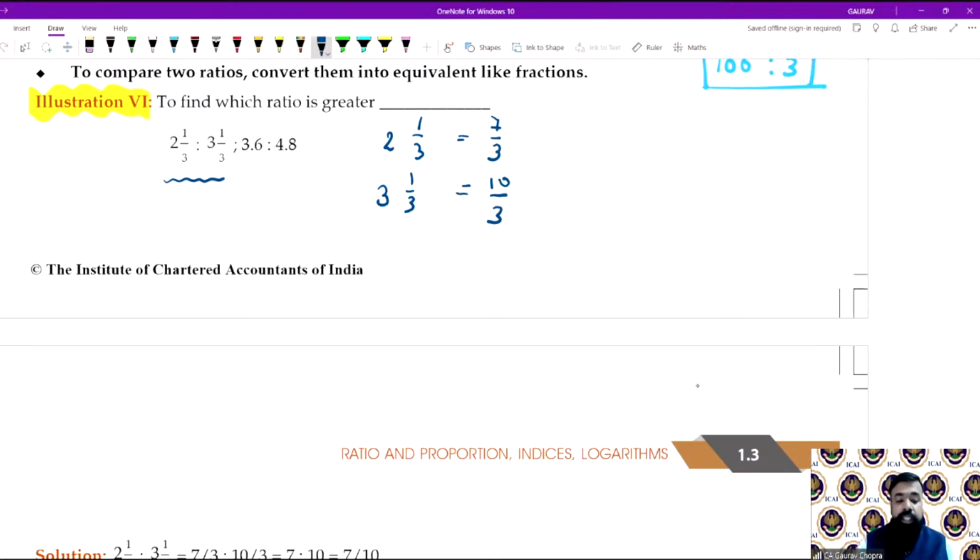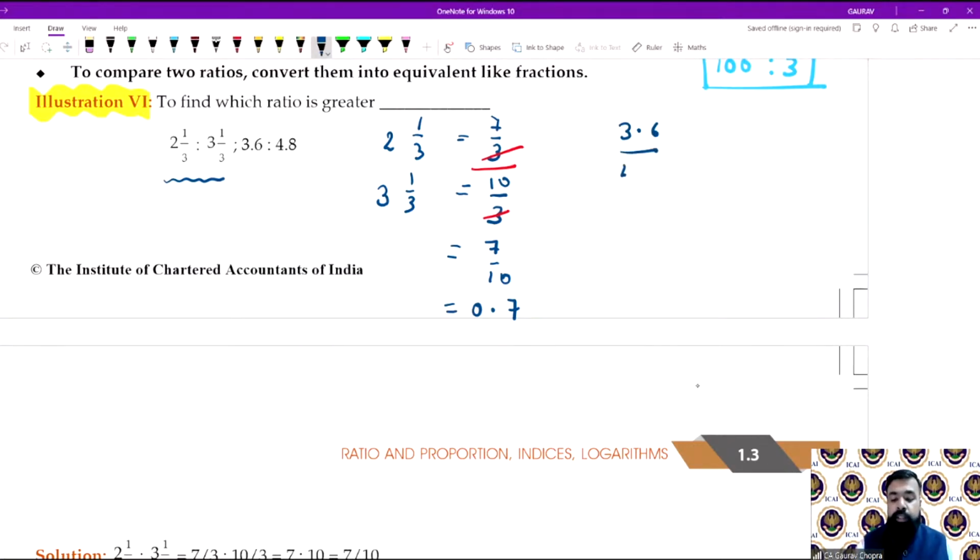And since this is a ratio, we can divide them. So what is the result? We can simply cancel 3 and we are left with 7/10, or we can write 0.7. On the other hand, the second ratio is 3.6